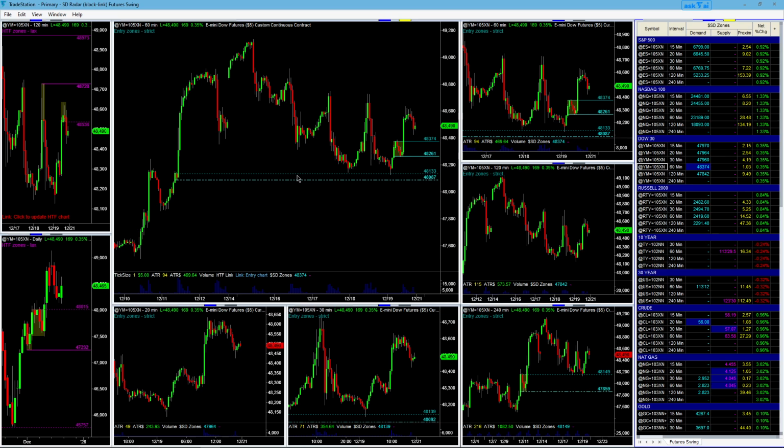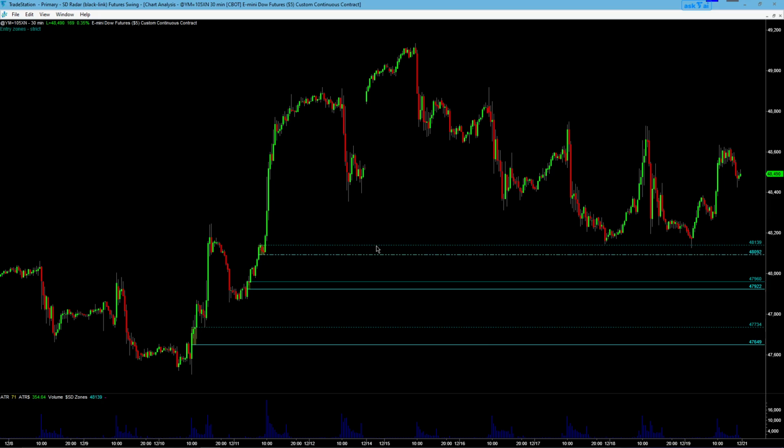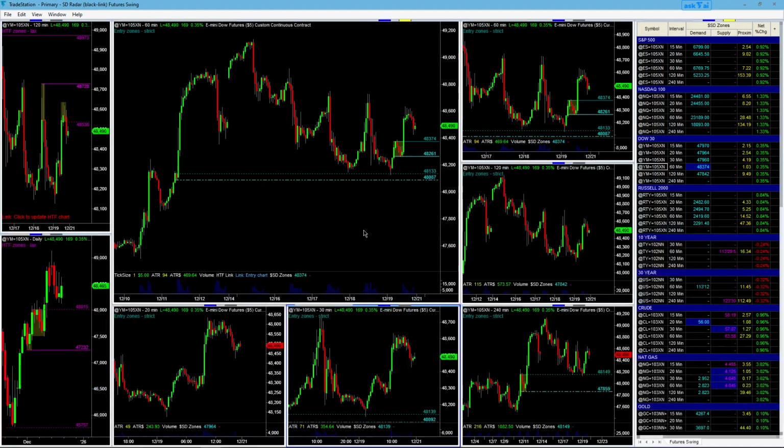All right. Now, the first thing you'll notice is there was a glorious zone down here that worked very, very well earlier. That's actually one we know already, because if you look at the 30-minute chart, does that look familiar? That's the one we talked about earlier. That's the one that worked so very, very well last night, and which we talked about earlier in this video, before it worked so well, I should add. But that's not the zone that's actually highlighted here. The zone that's highlighted here is the one at